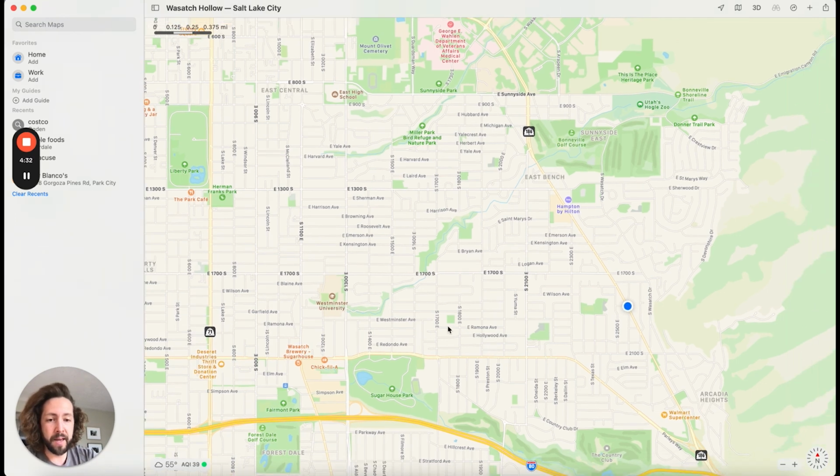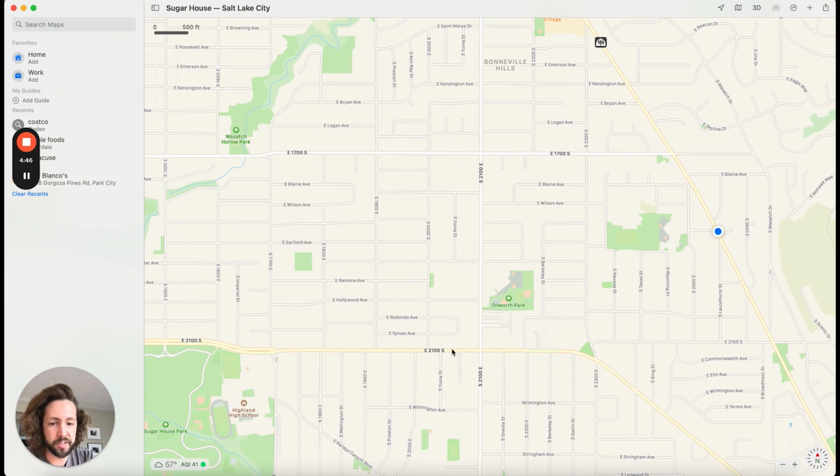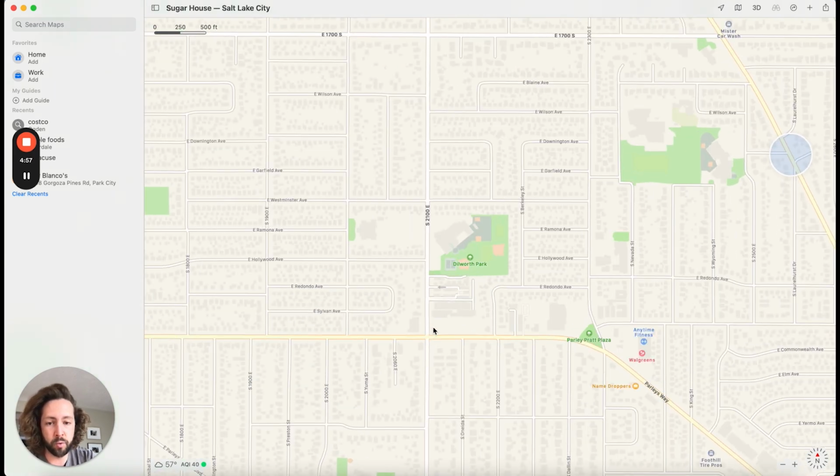But yeah, and then I did send you one of the listings on 21st and 21st. That was a new development that's happening right here. So this is 2100 South. It's another major road that gets you to the freeway. You notice how it's highlighted in yellow. So 21st South and 21st East, there's a really cool apartment retail development happening right here on this corner